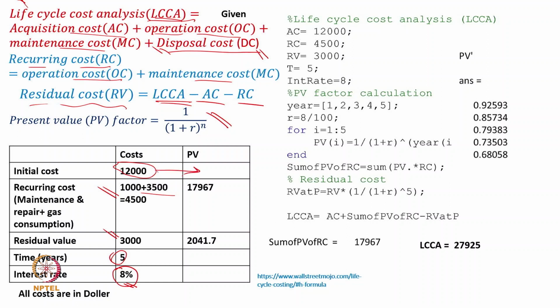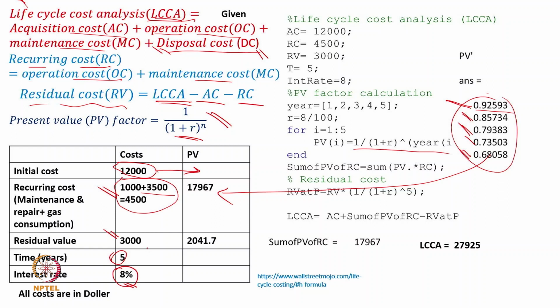So this 12,000 is already present. Now here 4,500, and we are going to incur this cost every year, so that's why we really require this formula. That means for whatever we are spending after the first year, the factor will turn out to be 0.92593. Second year it will turn out to be 0.85734. Third year it will turn out to be 0.79383. Of course, we can also do rounding off to two decimals. So these are the factors, and then if you multiply, it will come out to be something like